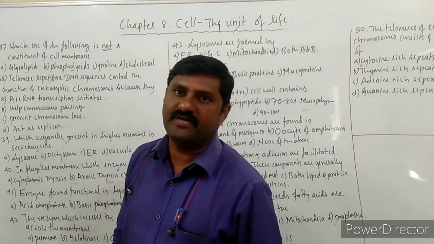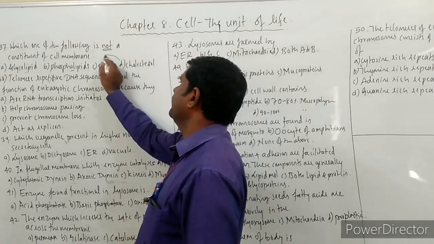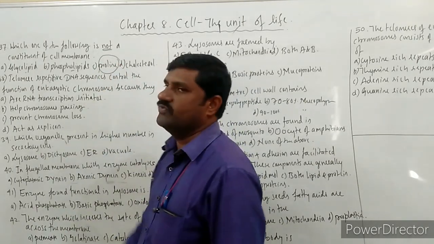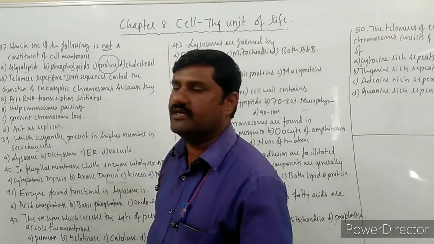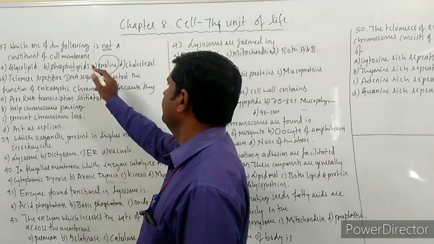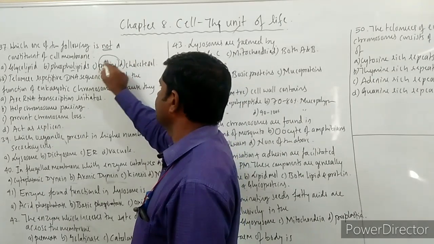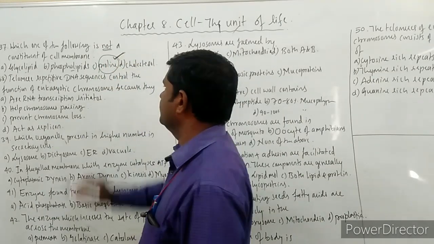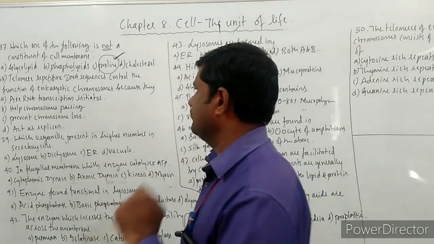Phospholipids, the type of lipids, of course they are the constituents. Proline itself is one type of amino acid, so that's why it is not the constituent part of this membrane. Cholesterol is also present there, so the correct answer for this one is proline itself, right? So one thing. Next one,